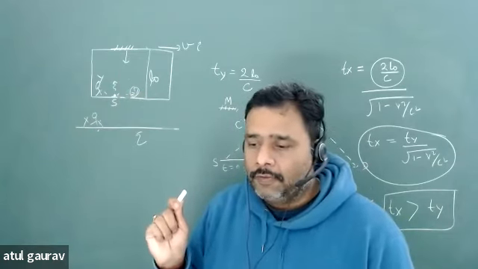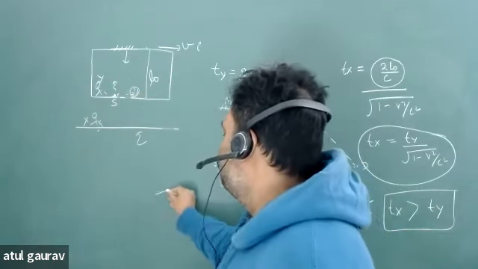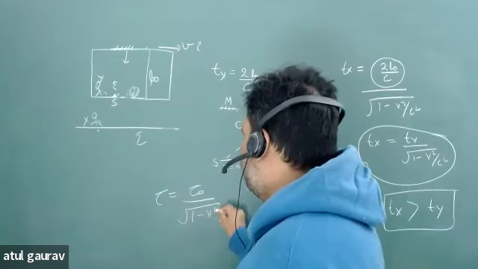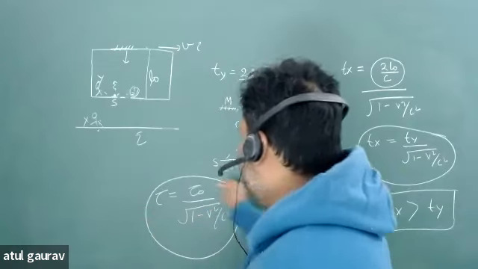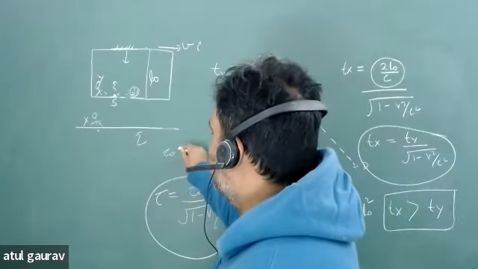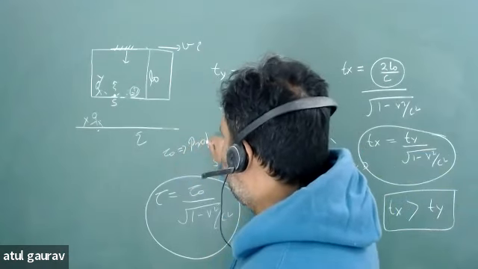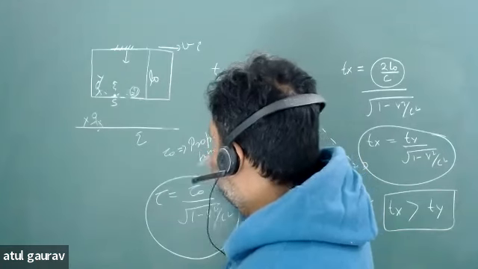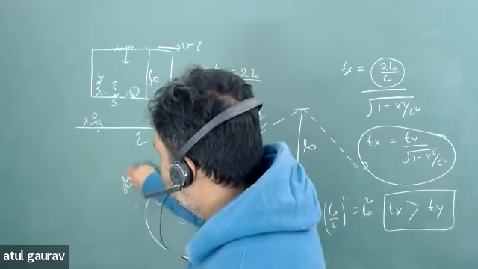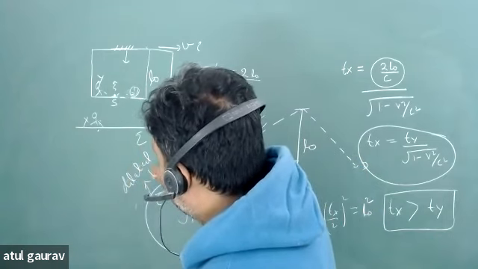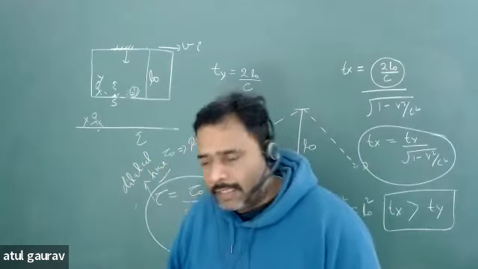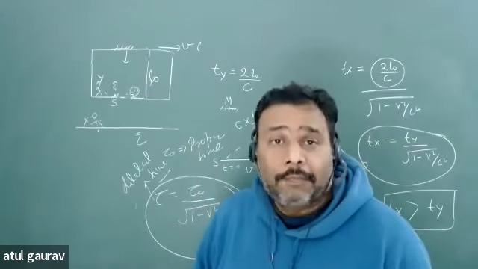But this person will see the whole event in this clock, dilated or proper? Dilated. And now we can have a wonderful formula, that is tau is equal to tau naught root under 1 minus v square upon c square. This is a very famous formula, and this tau naught is identified as what? Proper time. And this tau is nothing but what? Dilated time. Now, from here, you can appreciate the new concept of time dilation.